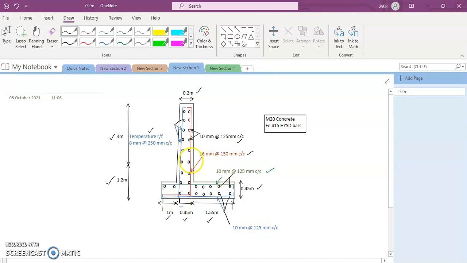Please note that you see this red bar here of the stem. It takes a turn. Okay, you watch this. It has taken a turn, and we have to embed this, and the embedment length has to be equal to the development length. Okay, so that much length has to be provided. So this length is nothing but the development length of the 16 mm bar. Also, in your detailing, you have to show what is the grade of concrete and the grade of steel that you have used. Okay, so this is the complete picture or the complete detailing of the retaining wall.